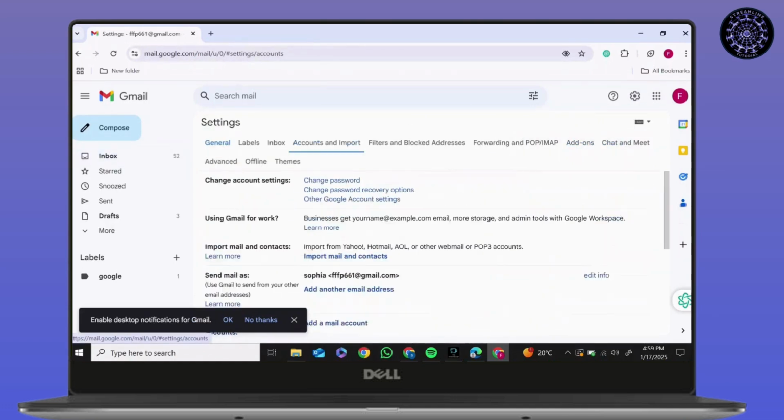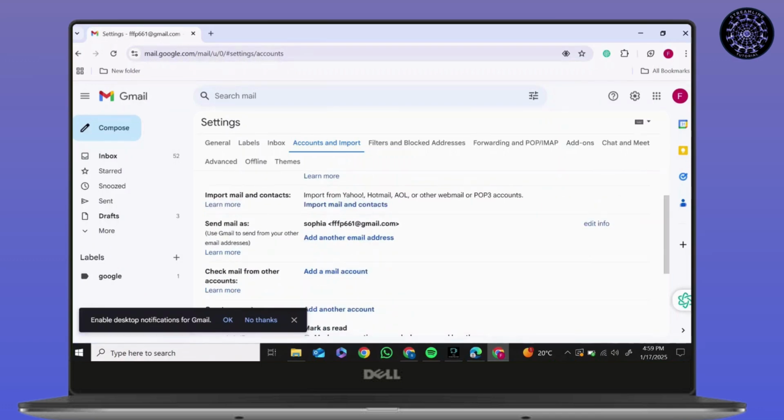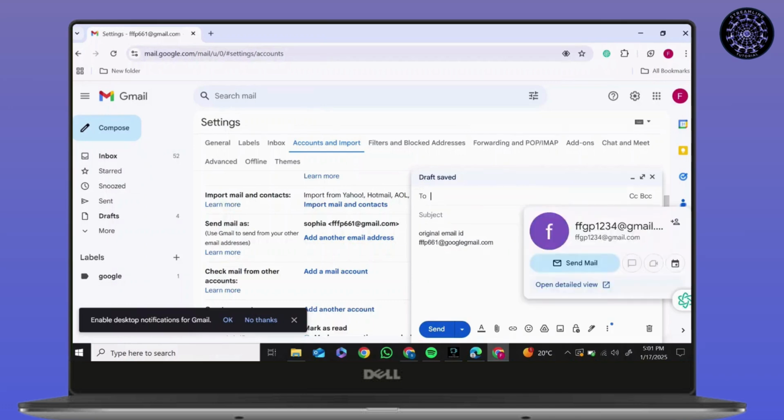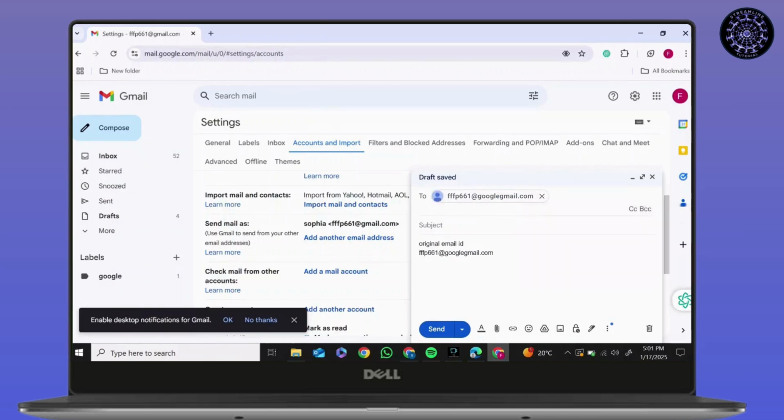In here, scroll all the way down, and you will find Send Mail As. As you can see, there is a different name. You can even add another email address, or simply go to Compose, add your Gmail that you want to change, and in original email ID, which is the main mail, write the same mail and then add